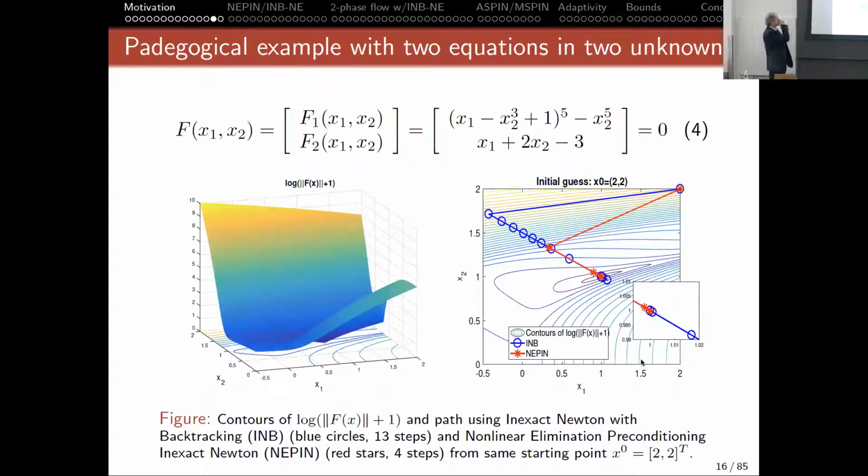But let's start with a 2-equation problem in 2 unknowns, x1, x2 in the coordinate plane. Here is the root of that pair of equations. It's the point 1, 1. And if we start from these various corners of this rather steep plot of the, if you will, the merit function with the root right at the bottom, you see that a standard Newton method starting from the upper right corner takes, I think it's about 13 steps there, and it even overshoots the root at the beginning, whereas the algorithm that I'll very briefly and very quickly introduce finds the root in a much smaller number of steps.